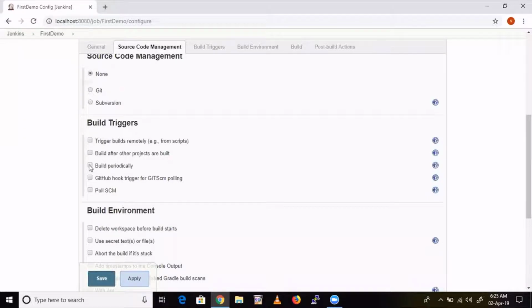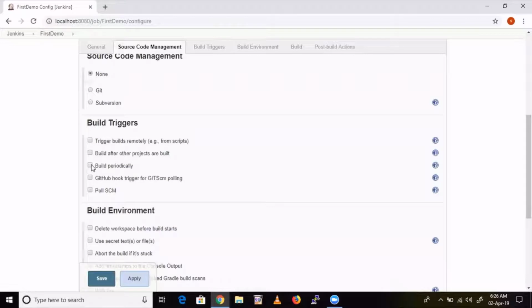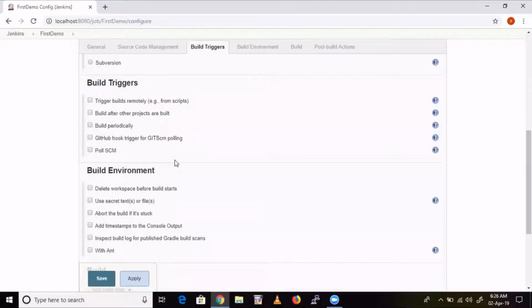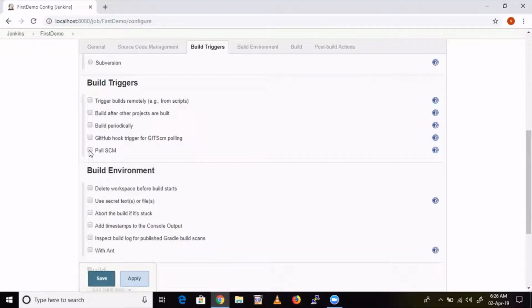So that is this one. Here we are going to mention a timing, and Jenkins will automatically pull the code from GitHub. Now, Poll SCM. It's also kind of the same option; I will explain the differences between these two later on.